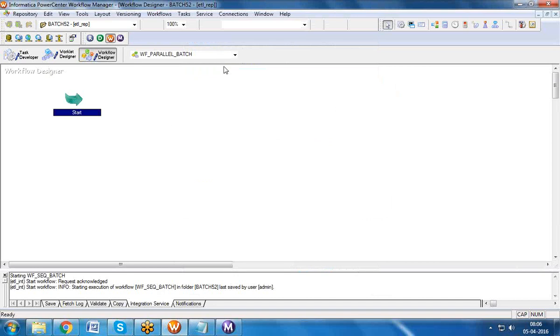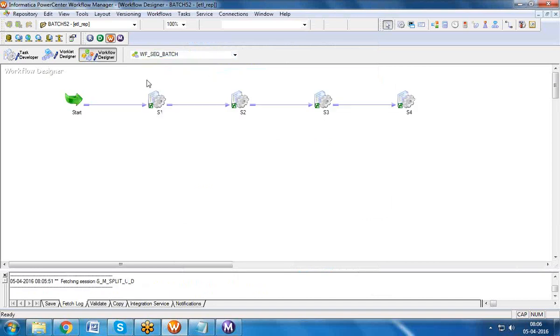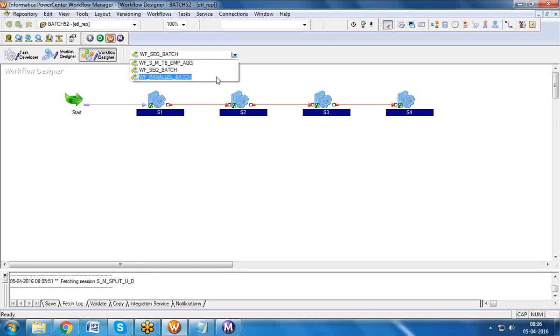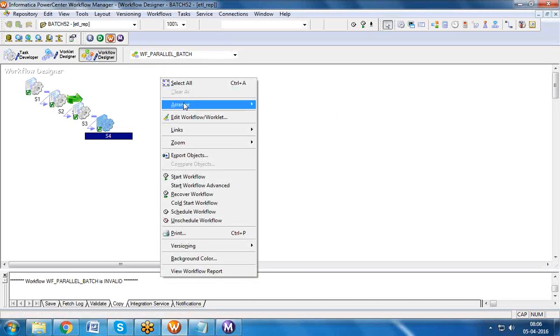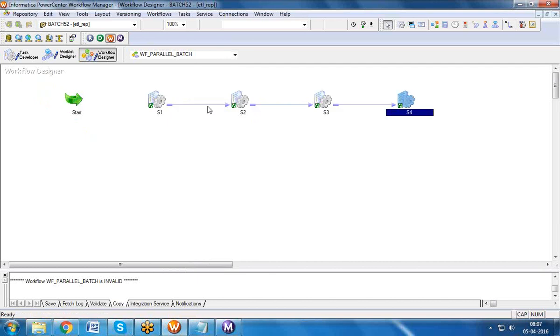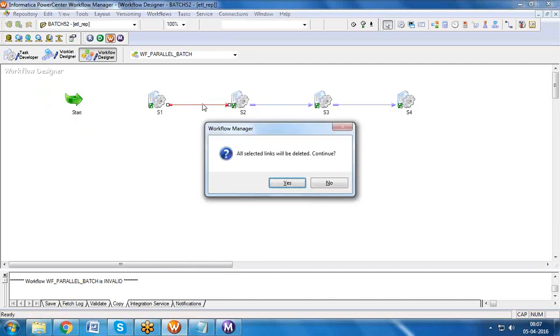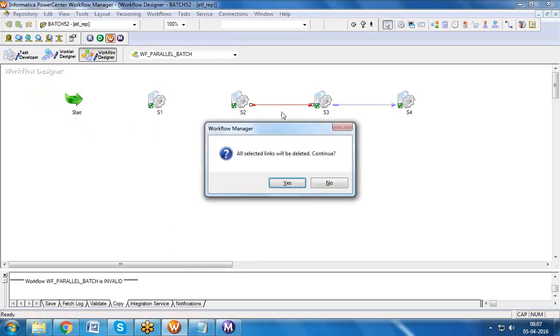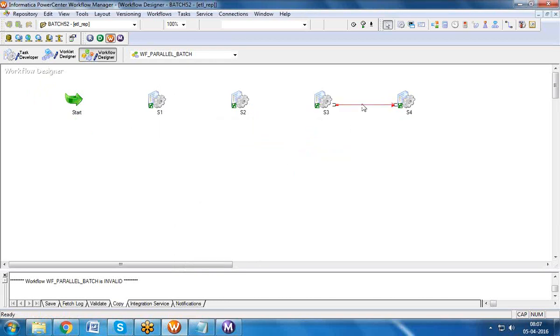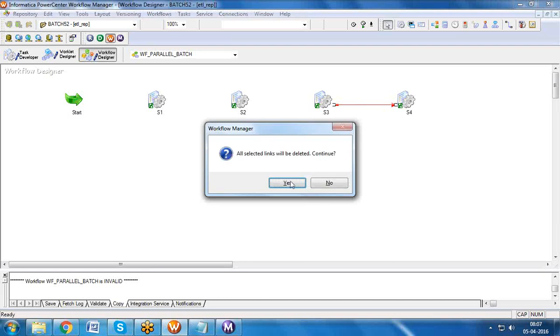I'll just copy and paste. In this way, you can change the workflows. Here, sessions will not be linked in this way. Then how are they linked?